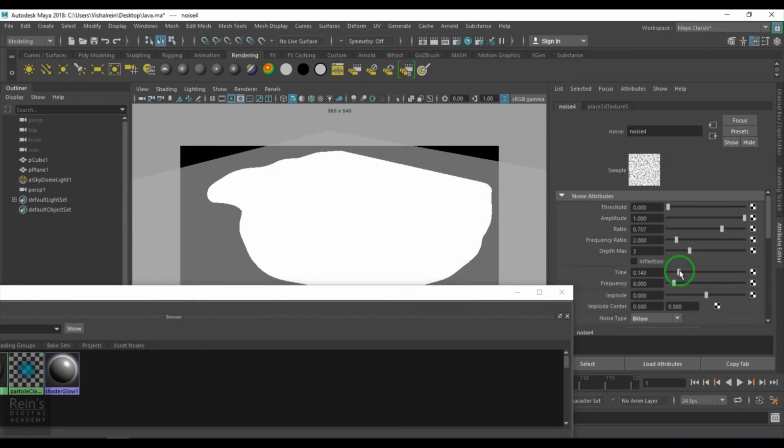So mostly I just here in the time I'll write equals to time multiplied by 0.1 or maybe 0.02, which can slowly change the pattern, because it's not a very low viscous liquid. It is a very thick, high viscous hot molten lava, so it can't change textures very quickly or rapidly.